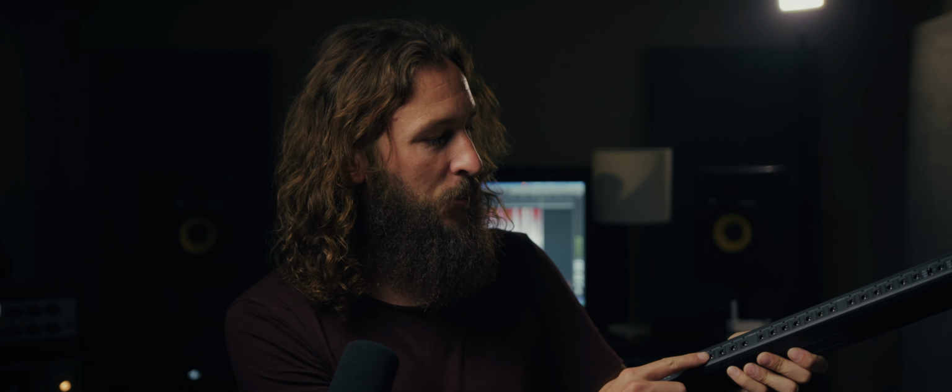Today we're talking about the Walrus Audio Canvas Power HP. So let's start by talking about what Canvas Power HP is and why it deserves its own video. Canvas Power HP specifically is the newest offering in Walrus Audio's power lineup, their Canvas Power series, initially launched a couple of months ago with, I believe, the Canvas Power 5, 10, 15, and 22, or 5, 12, and 22. I can't remember the exact differentiations between how many ports are on each, but suffice to say, it starts at 5 and it ends at your forearm power supply, the Canvas Power 22, with 22 isolated outputs